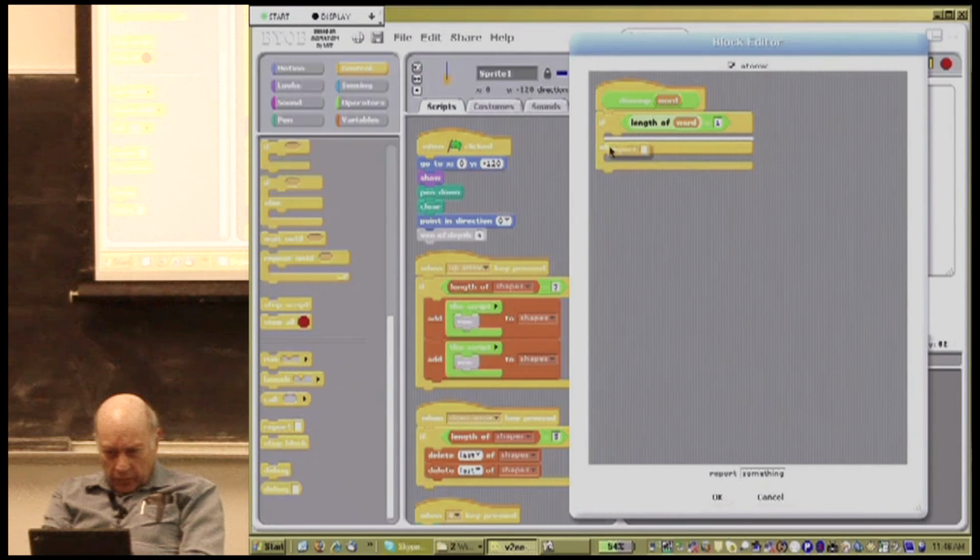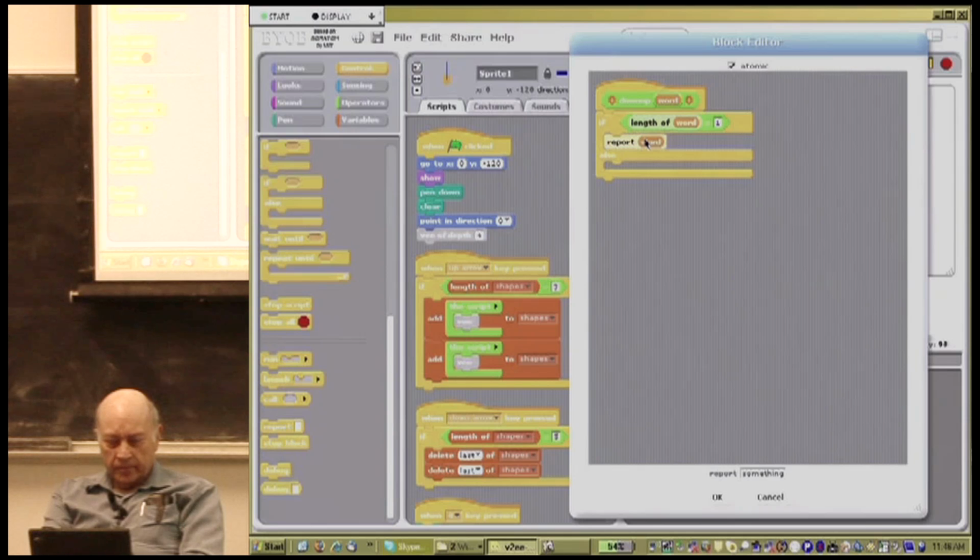Okay, so if we have a word of length 1, then we just output the word. Otherwise,